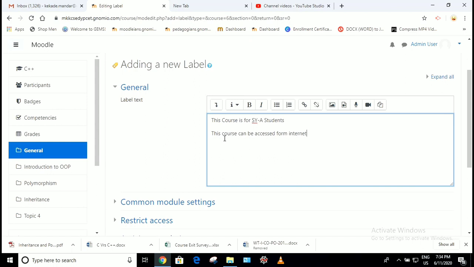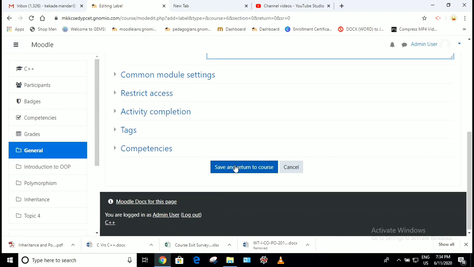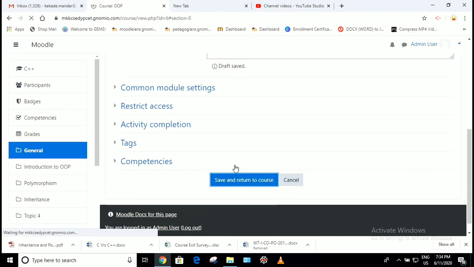So this is the information I want to give to my students. I can make this information bold, underline it, and make it pointed. Once I write this, I will click on save and return to course option.